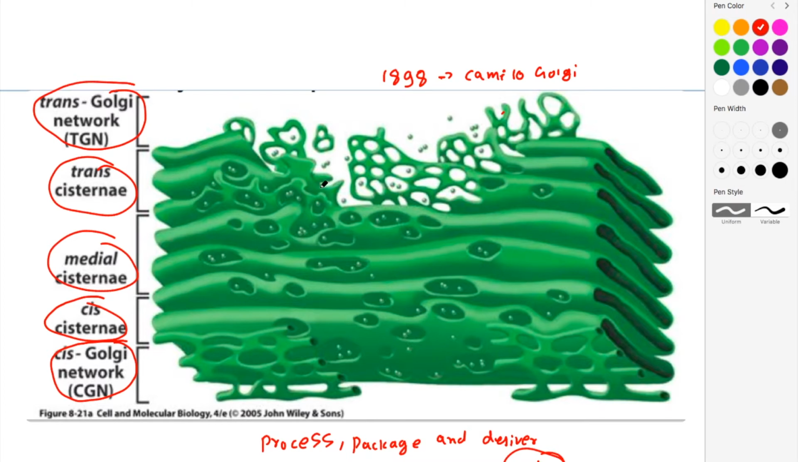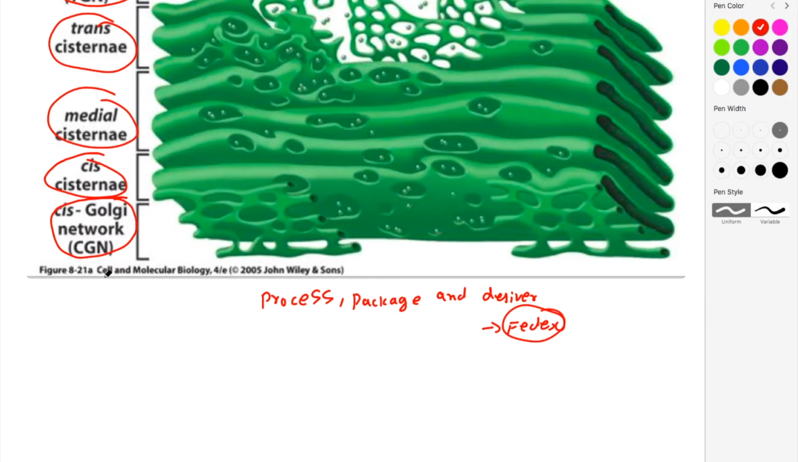So to describe the structure of the Golgi complex, two models were proposed, and those two models were very much appreciated in the scientific field. Those models were